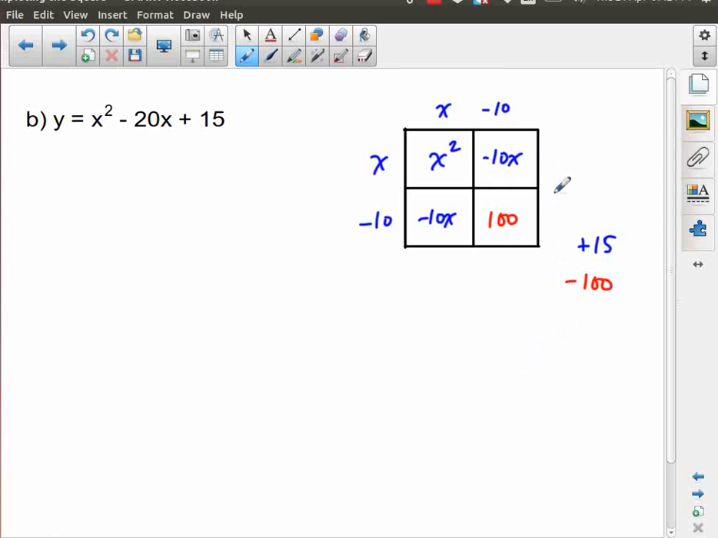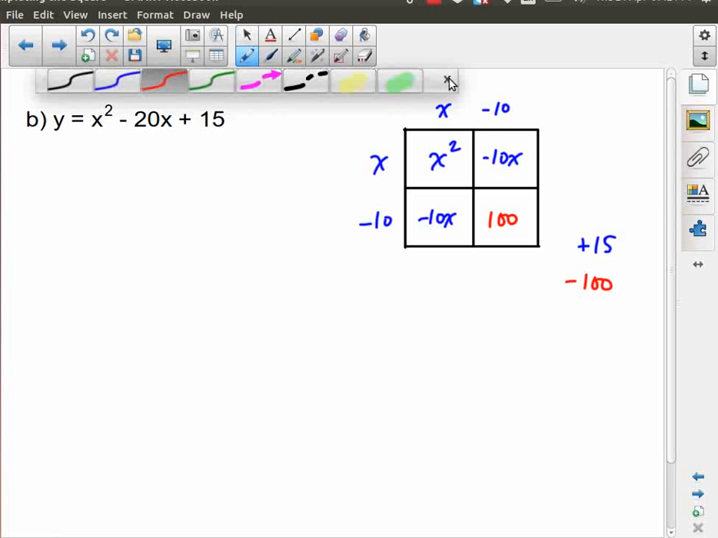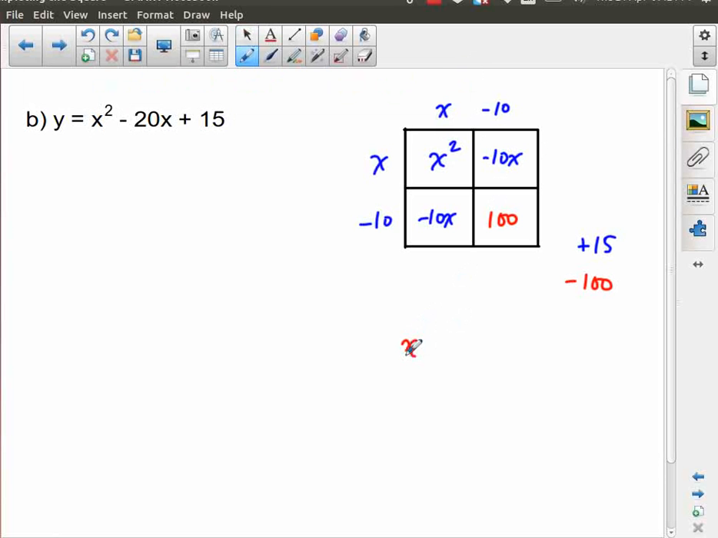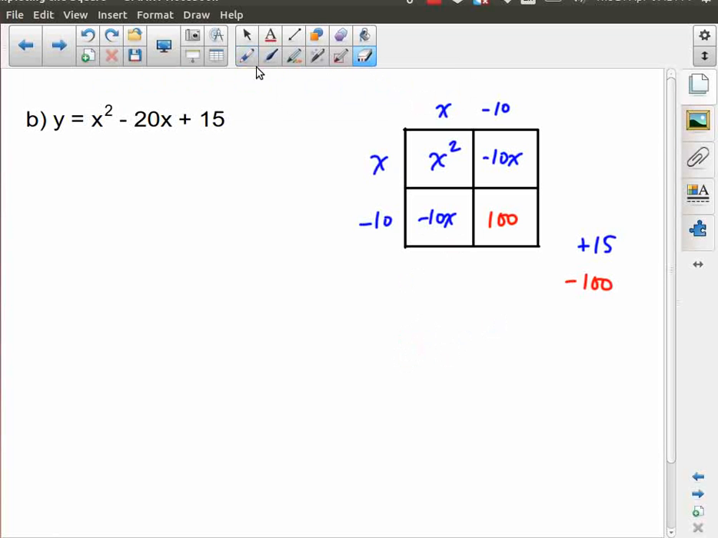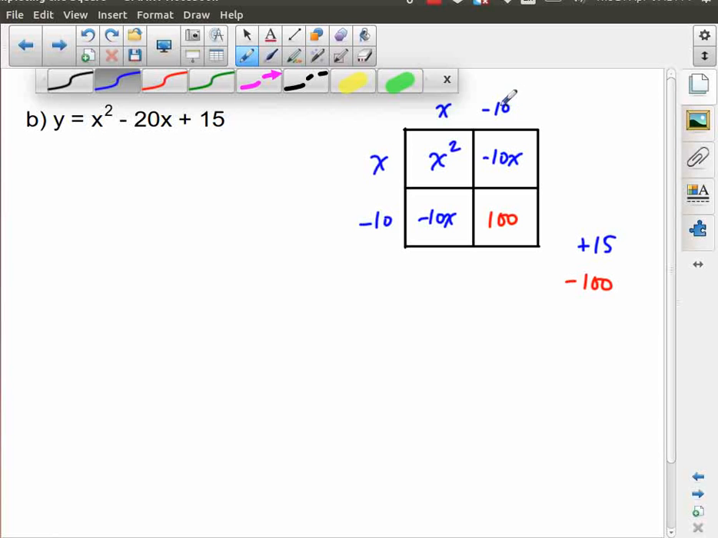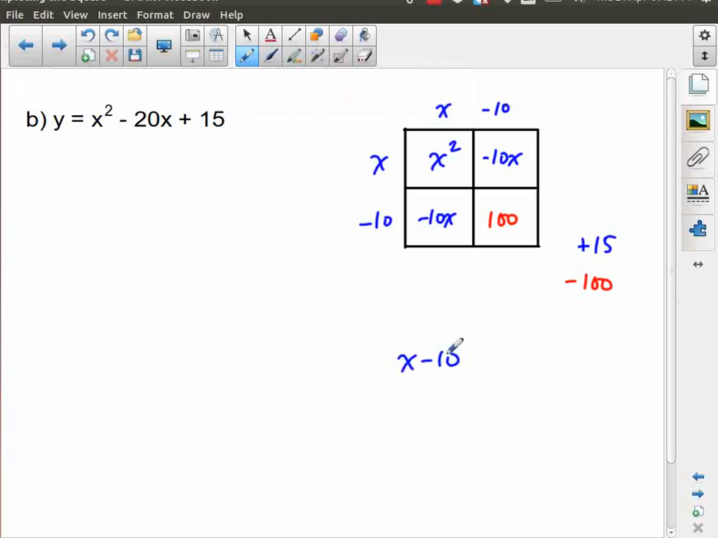And so my result from this, you can read it right from there, is going to be, from the edges, the perfect square of x minus 10 all squared, and then we've got positive 15 minus 100 is minus 85. The reason I didn't just write this answer up here is because I want to show you this